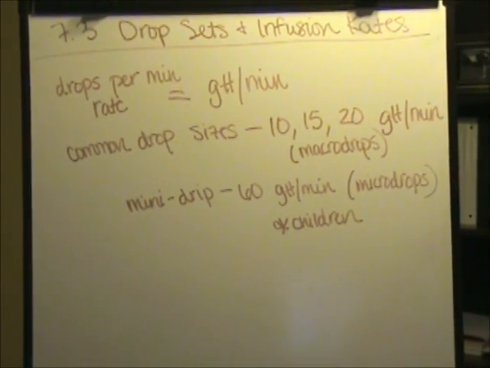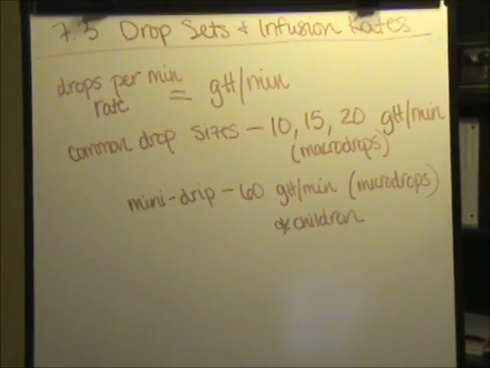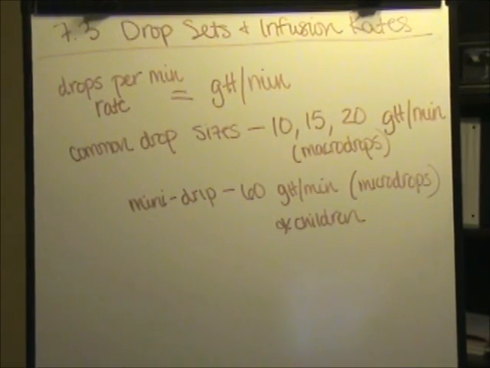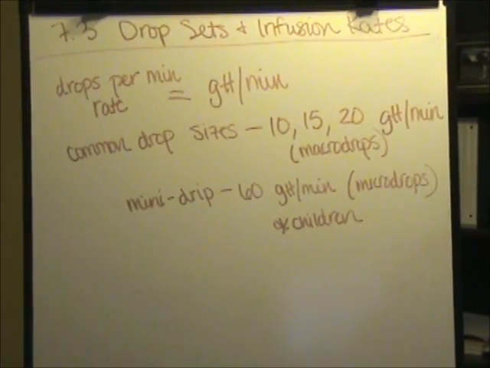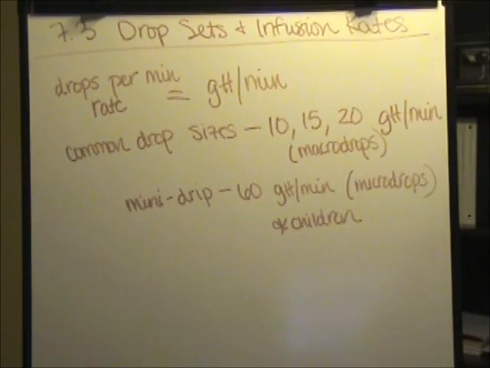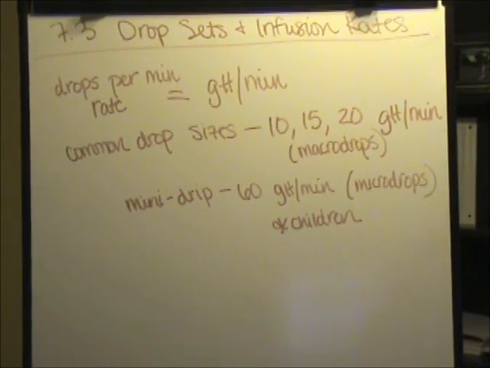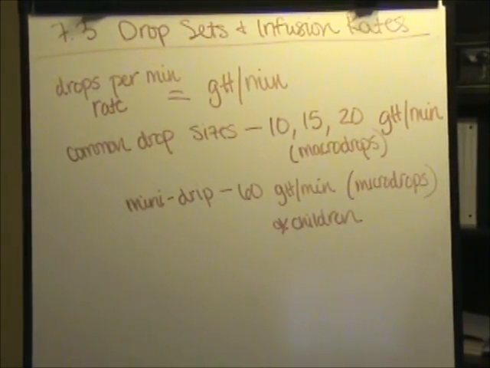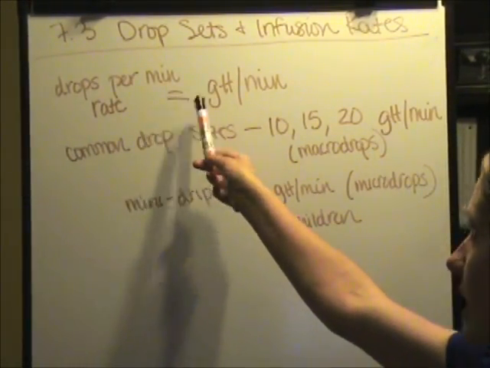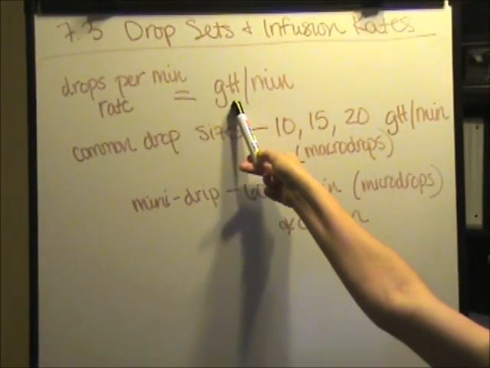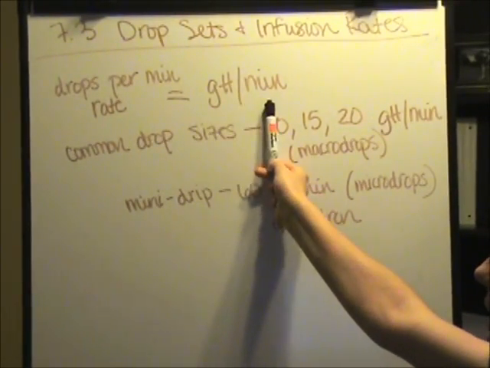Welcome to Chapter 7, Section 7.3. We're going to cover drop sets and infusion rates. As you can see from the marker board, pharmacy staff and the nursing staff are responsible for calculating the rate of administration for IV fluids, and that's represented as drops per minute, abbreviated as GTT over minute or